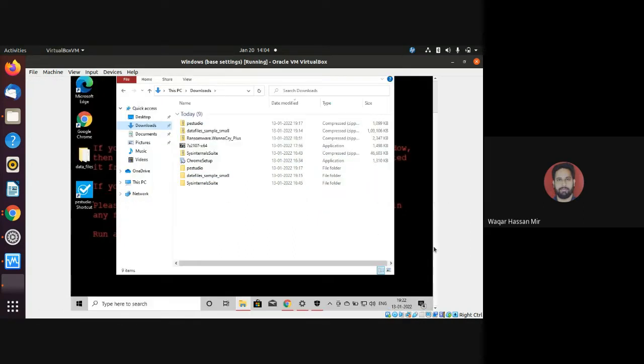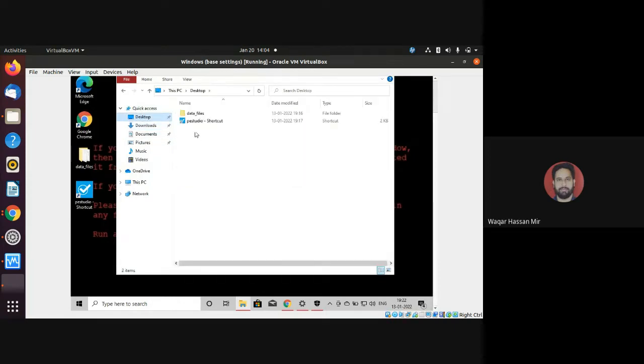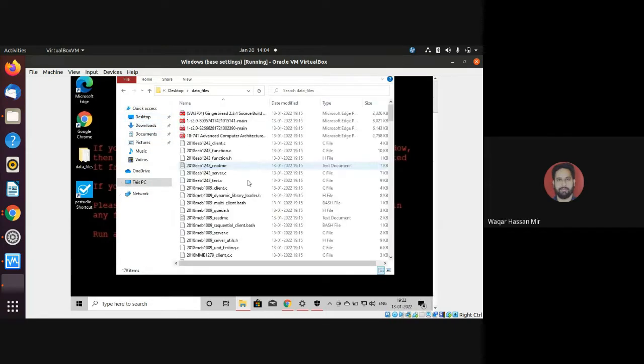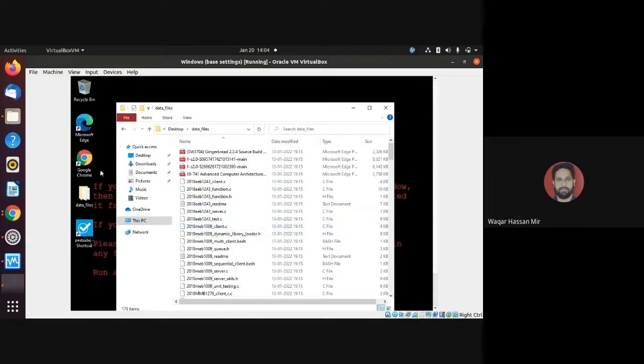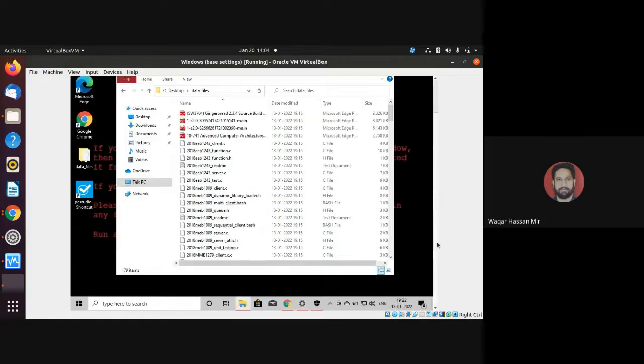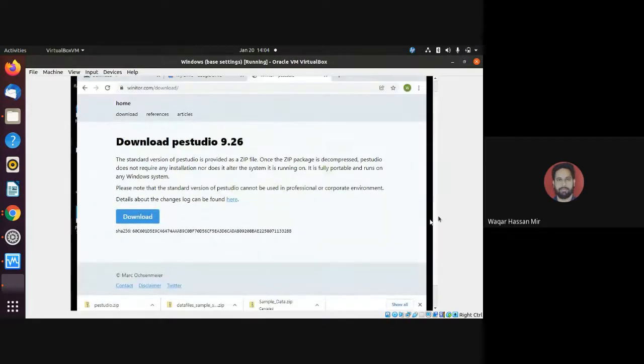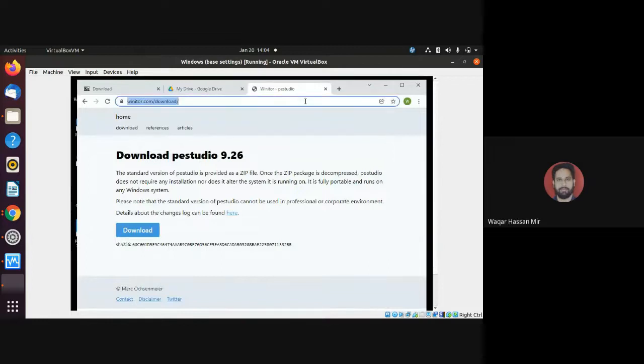This is my Windows machine. I have some data in it. The data files are there. So this demo will demonstrate the type of ransomware that will actually cause the operating system to crash. So we will directly download that ransomware sample. That sample we can get from